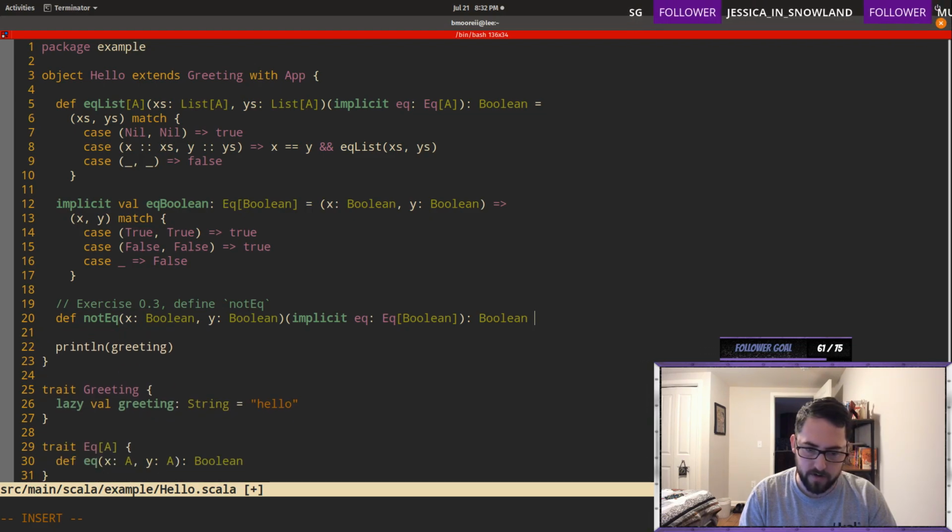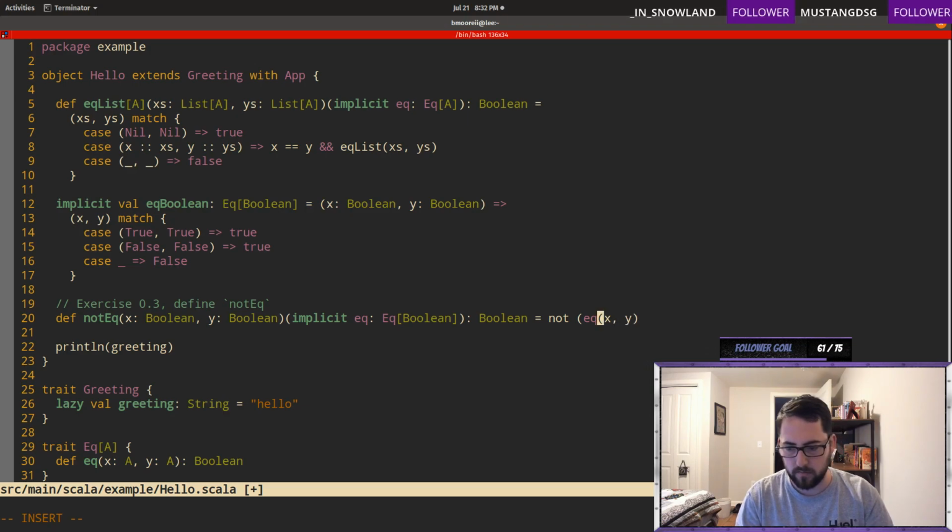There's probably a not function, so you probably can just write not eq xy, assuming there's a not function.